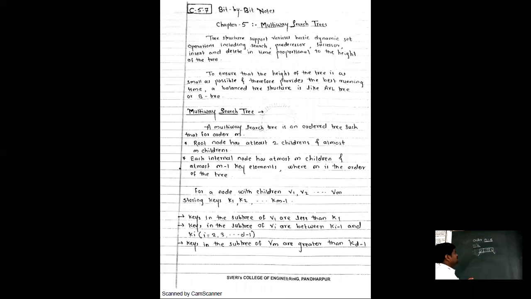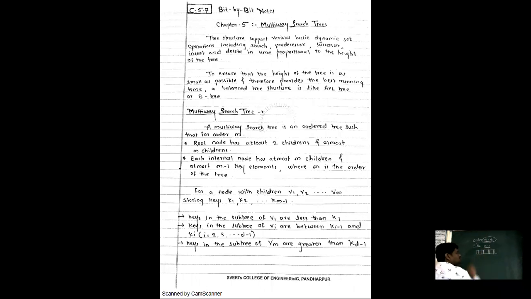One, 10, right? But in the case of a multi-way search tree, how many keys are you able to store? The keys you are able to store are m minus 1, and the maximum children you can consider is 4. Suppose you have a node like this. One child you can consider by using the first pointer. After that, 1 key. For the second child, you store the address of the second child here. After that the third child, and here is the fourth child.